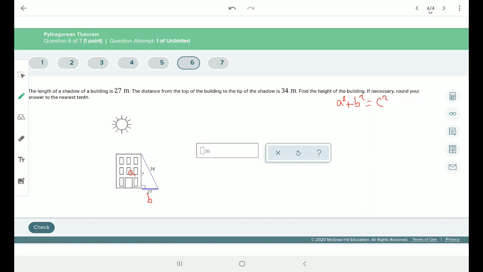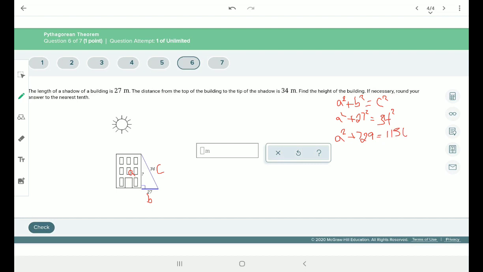So, I don't know A in this case since I labeled it as such, and then B is going to be 27, so a squared plus 27 squared equals 34 squared because 34 is going to be my hypotenuse. So now I can go through and evaluate what I know. So I don't know A squared, but I do know that 27 squared is 729, and 34 squared is